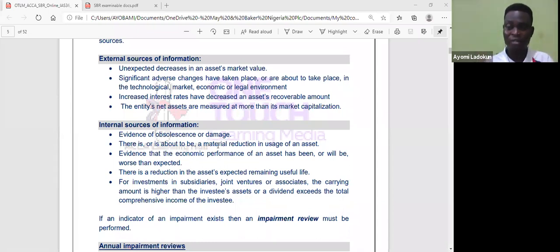So if you are writing SBR, for example, the examiner can mix it up, bring in those assets, okay, and tell you that maybe your director or maybe your director of finance is thinking